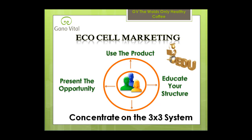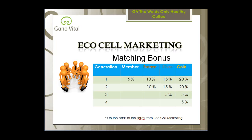So when you present, it will be really easy to present, and then you educate your structure because you want them to be successful. So on that note, let's move forward and look at the second residual bonus, which is the matching bonus. Now the matching bonus is different from, well, it goes hand in hand with the equal cell marketing, which means this: